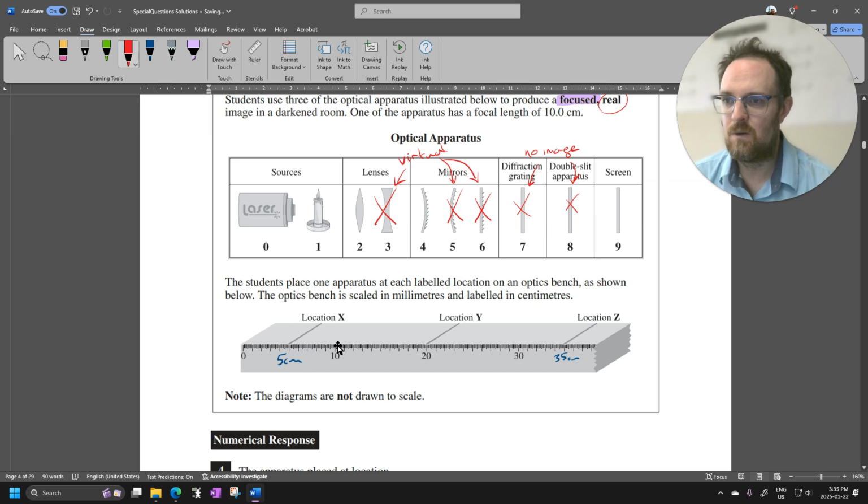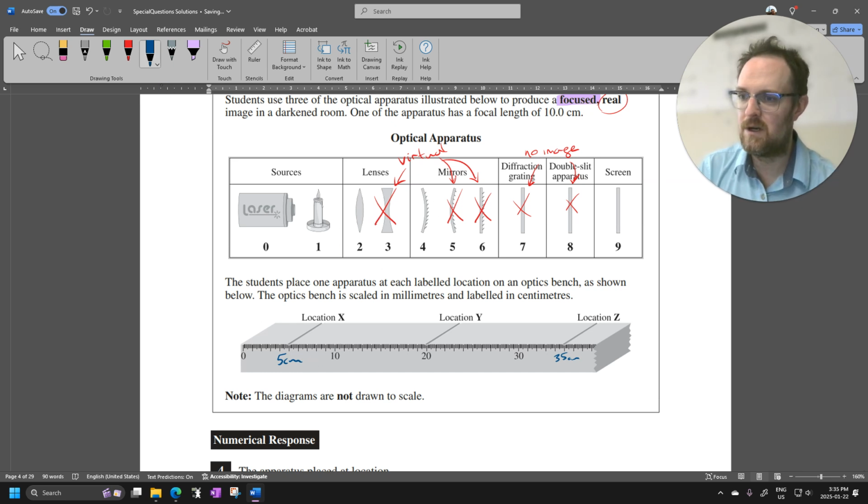Okay, so what I'm going to do is maybe test it out. So let's say I did 2, right? I'm going to put 2 in here, and you're going to put a light source somewhere. So let's say I put the candle here. So here's my candle. Let's say I'm going to put the lens in this spot here. So I'll use my converging lens at this point. And then I'm going to put the screen over here. This is where the observer is. So you would be over here